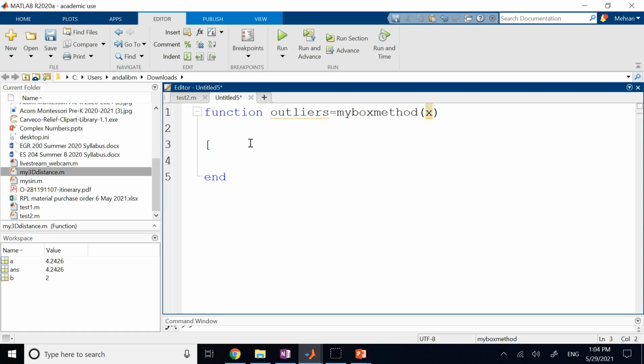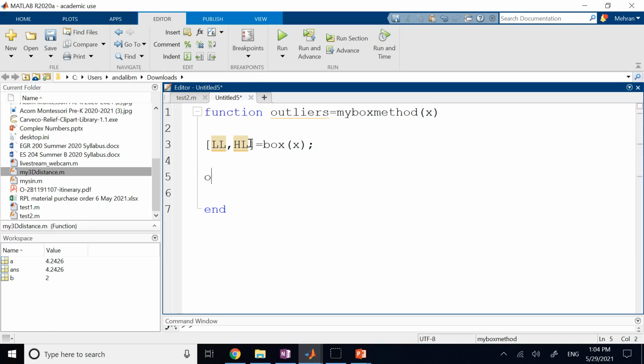So this one says, the lower limit and the higher limit are equal to another function called box, and you pass to it vector x. When I get those limits, then I say